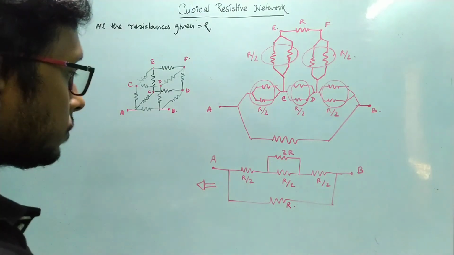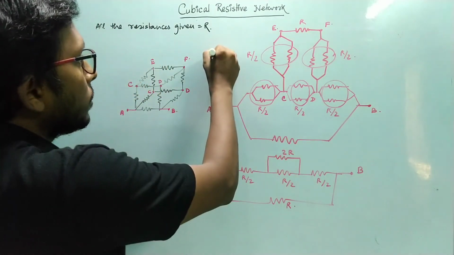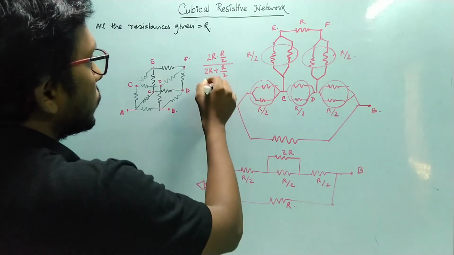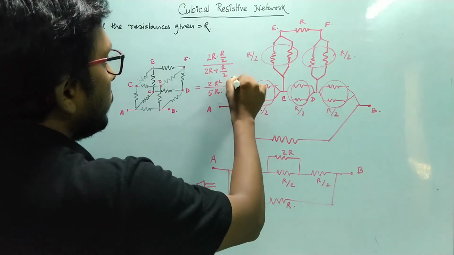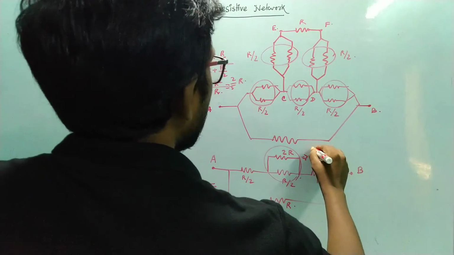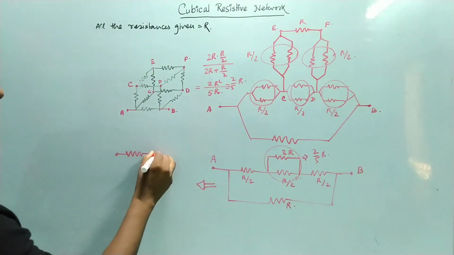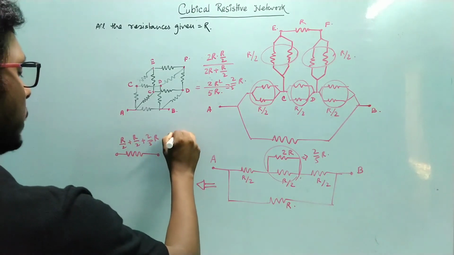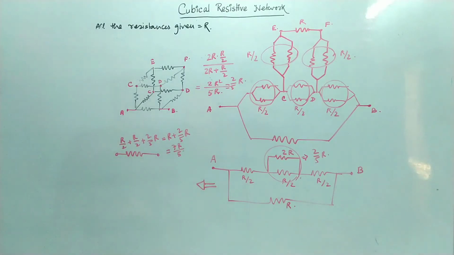Okay. Now these two are in parallel, so 2R multiplied by R by 2, divided by 2R plus R by 2, will give us 2R square by 5R, that is equal to 2 by 5 R. So the equivalent of this is equal to 2 by 5 R, and these three are in series, so I can draw like this: R by 2 plus R by 2 plus 2 by 5 R is equal to R plus 2 by 5 R, which is equal to 7R by 5, and it is in parallel